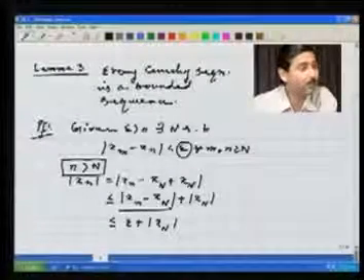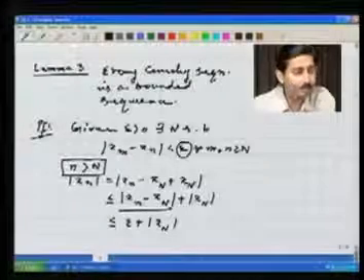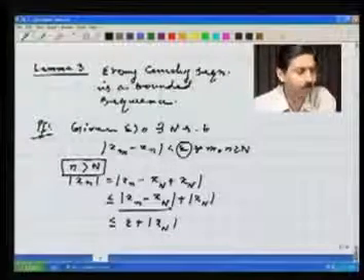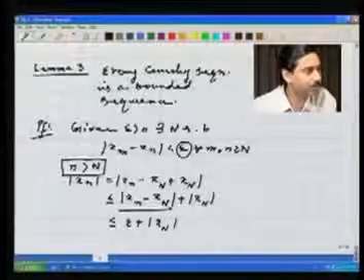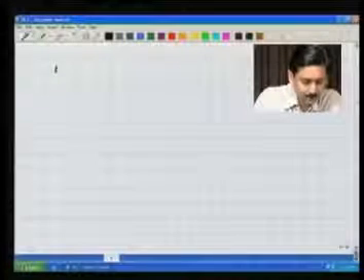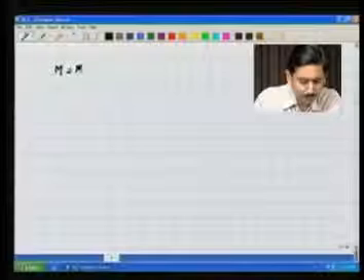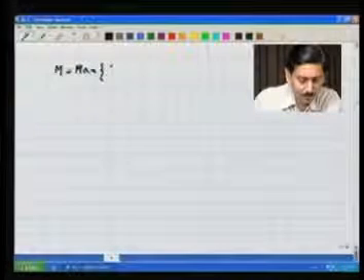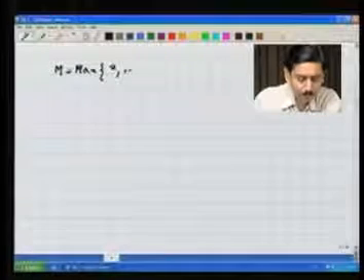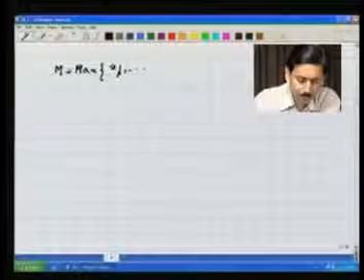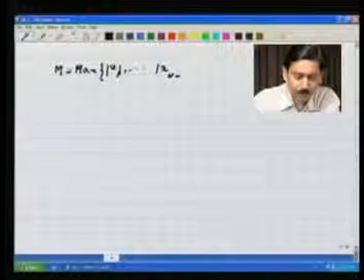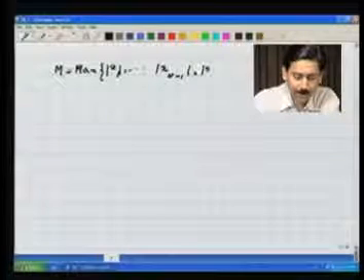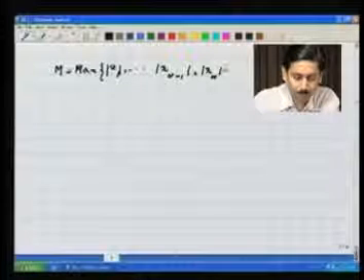But what happens to the previous fellows? That means all the xn's such that n is less than capital N. Well, how many terms are there anyway? There are only finitely many terms. So what I do is, now I manufacture the required constant. Let M be the maximum of modulus of x1 up to x(N minus 1), and then I add with it mod of x capital N plus epsilon.